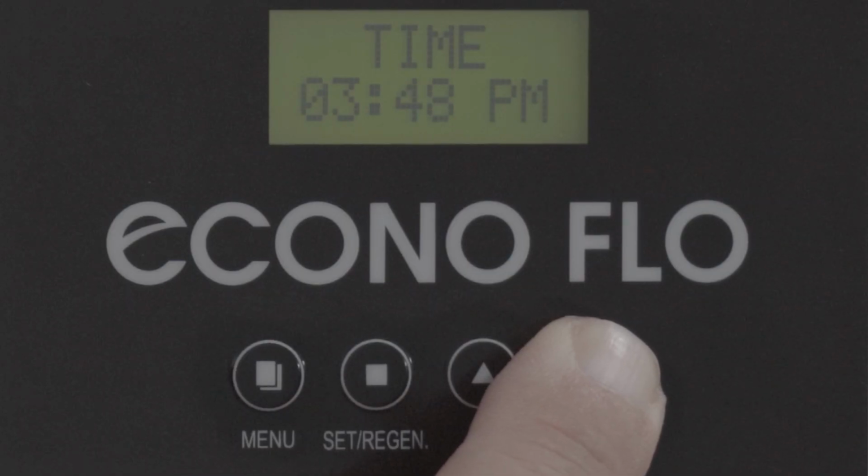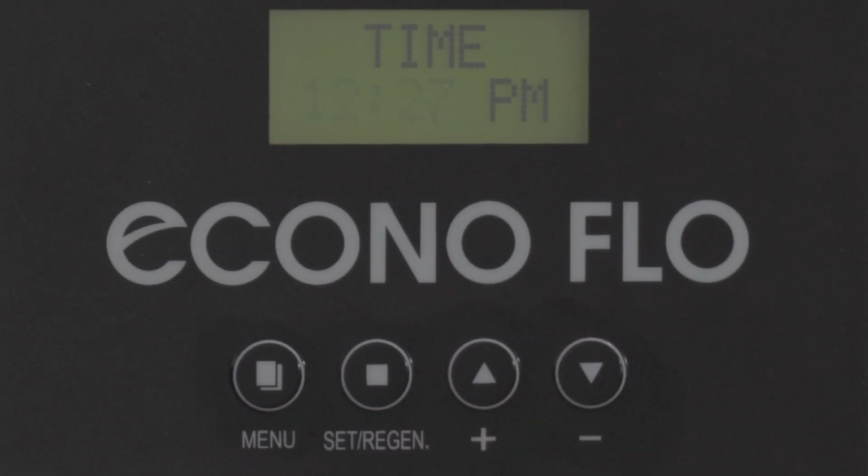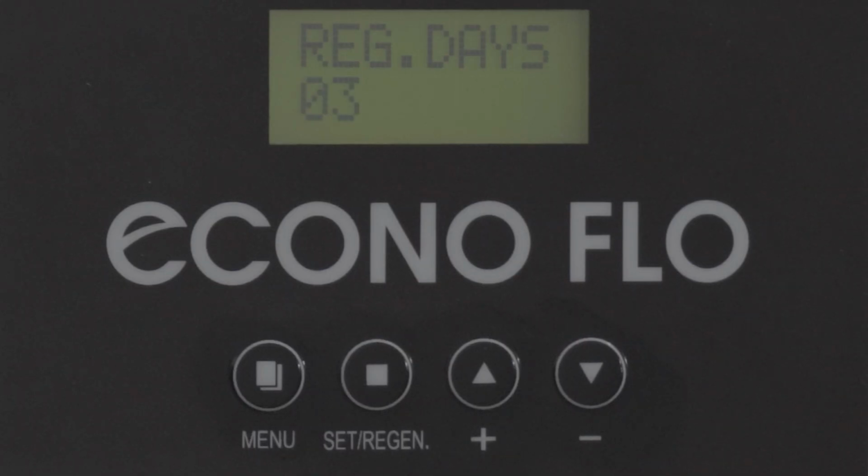Make note that the longer you press and hold the button, the faster the time will change. Be aware you'll need to make sure that AM or PM time is being shown. Once you've set the time, press the Set Regen button to lock it in, and the screen will advance to